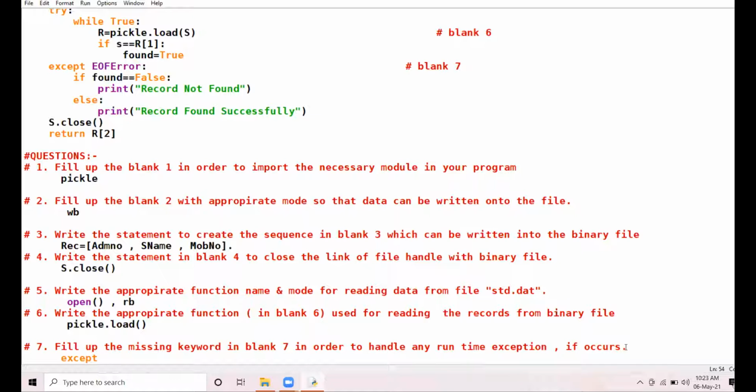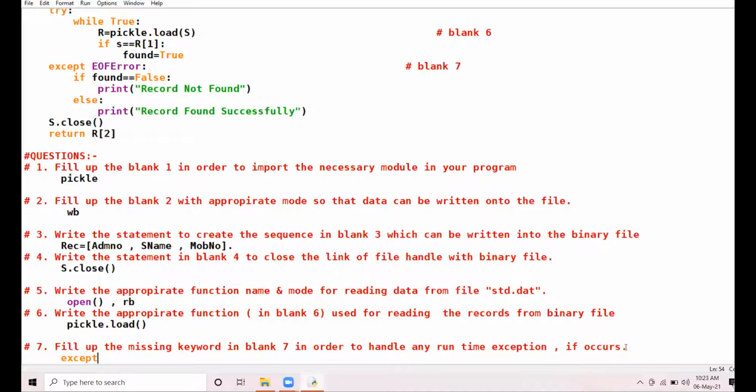I hope this case study is totally clear to you. Any doubt, any queries? Beta, it is just like a comprehension. But for a case study, you should have thorough knowledge about the coding part. You should have detailed knowledge about programming. Only then will you be able to attempt the case study question.